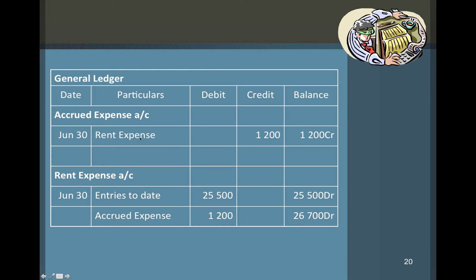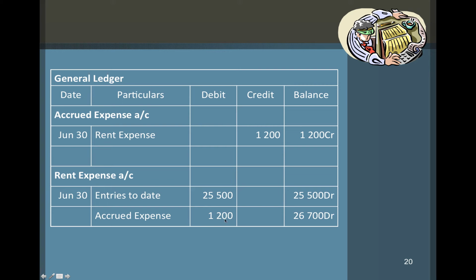So let's have a look at the effect the double entry will have on the accounts. Here's the liability account that has been raised. Rent expense was the other account affected. The liability account is being credited by $1,200. The expense account, there's the $25,500 sitting in there that represents the amount that's been paid during the accounting period,